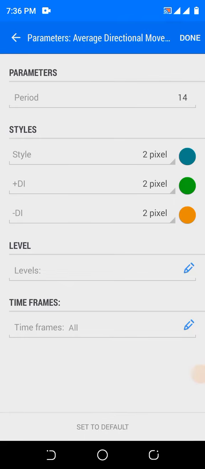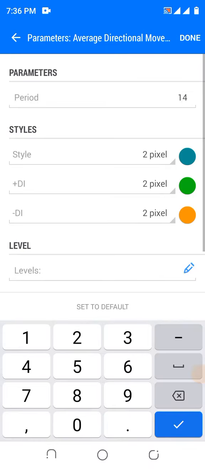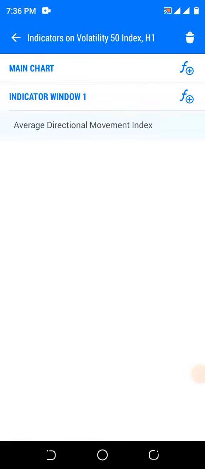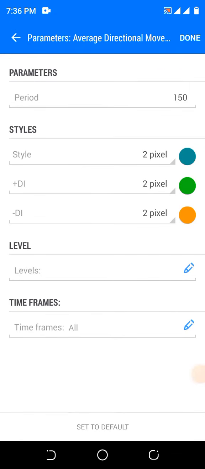This is one of the main aspects. Do you understand? First of all, you change the period to 150. Change the period to 150. That is the first thing.